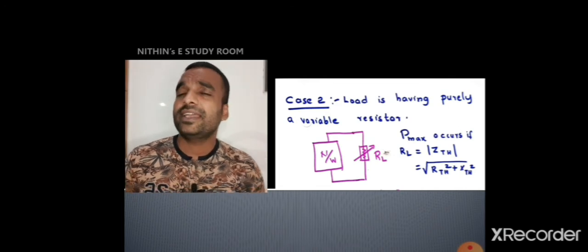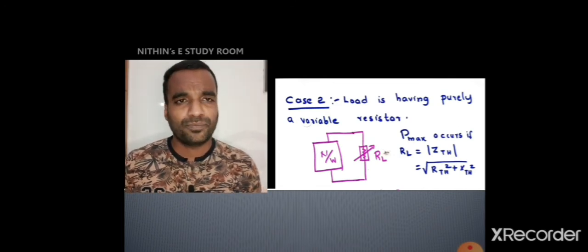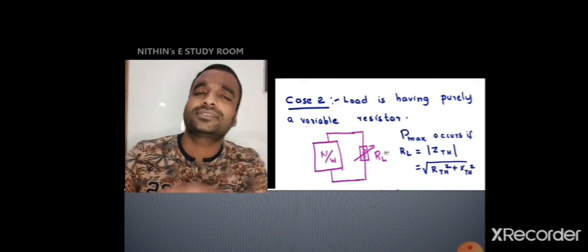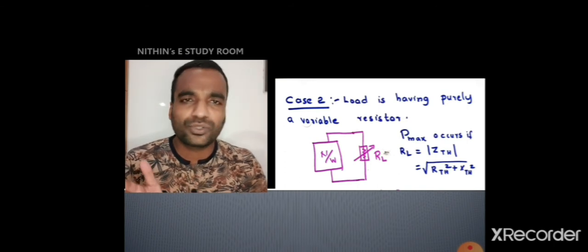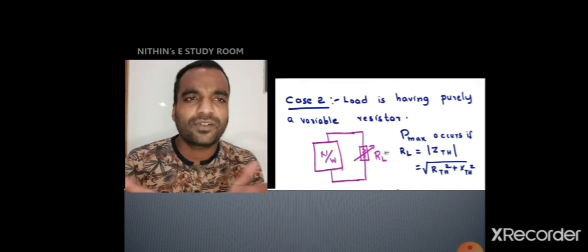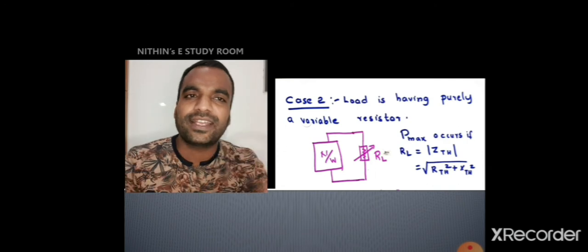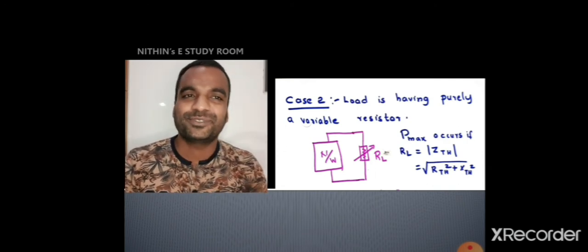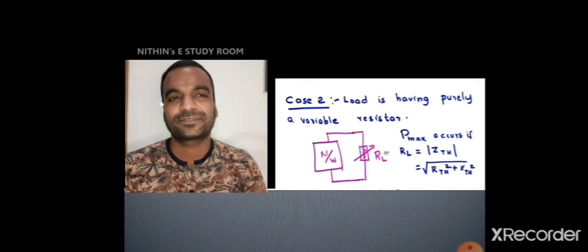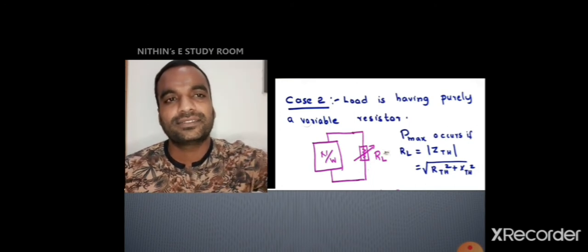You may be having an AC source in your home. You are having plugs in your home, but you can connect some pure resistor in that plug. Who will say don't do so? No one will restrict. Even though you are having an AC source, you can connect inductor alone, capacitor alone, resistor alone. It's your choice. So in this case, inside the network, there is an AC source and resistor, capacitor,